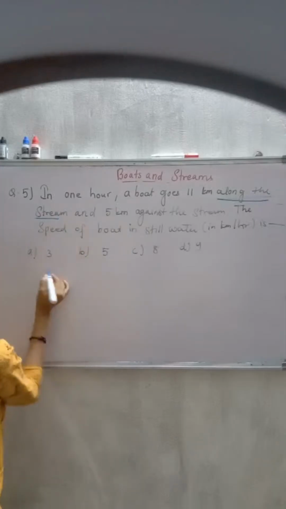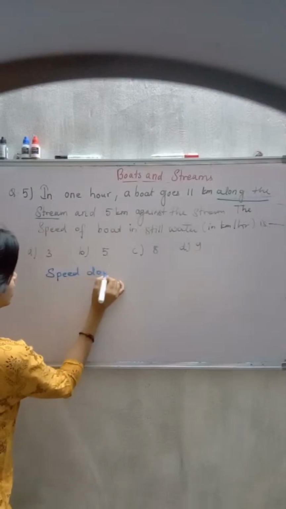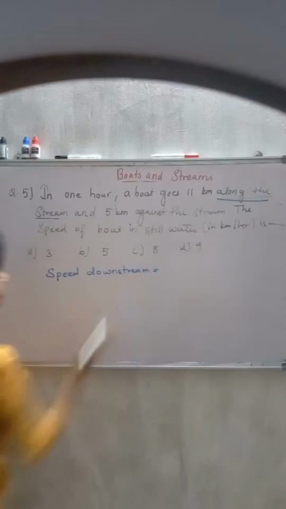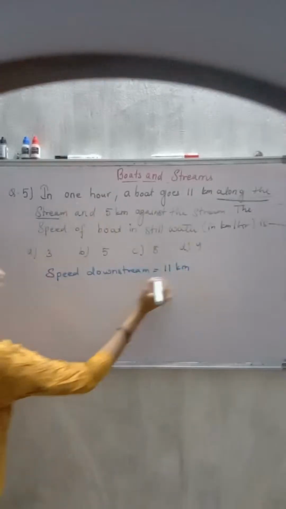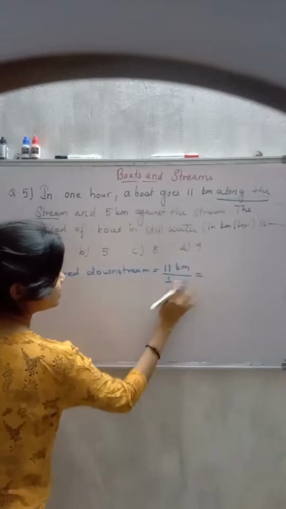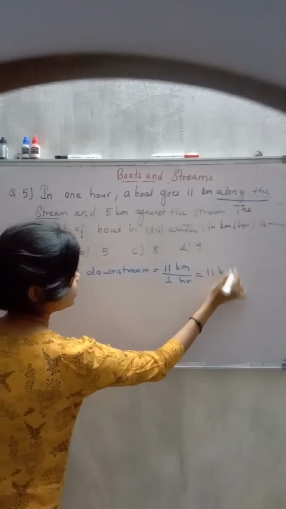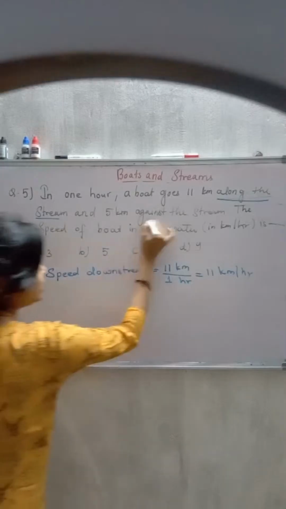So, from this we get speed downstream as speed is always distance upon time. Distance 11 kilometer travelled in 1 hour. So 11 by 1, that means 11 kilometer per hour speed downstream,